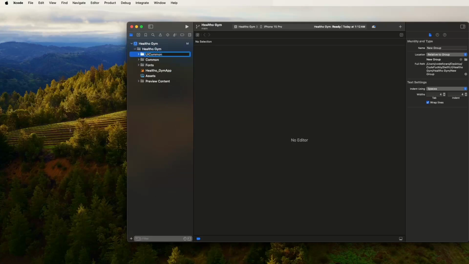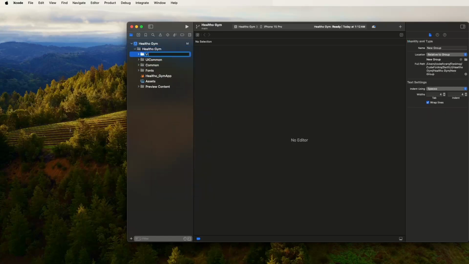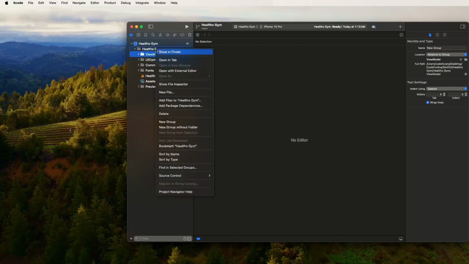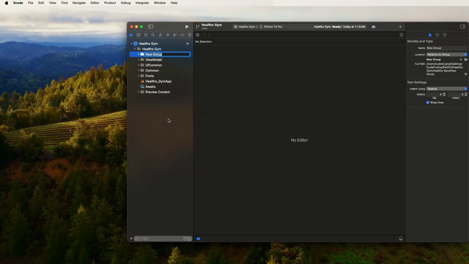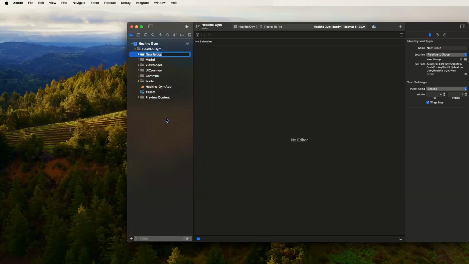Inside we need to put all the common UI we use in SwiftUI. Then after we need to create another folder, the view model, and then after the model view model, and the last one is the screen. Create a new group and create the screen folder. Inside we need to create two folders. First of all we need to create the home,